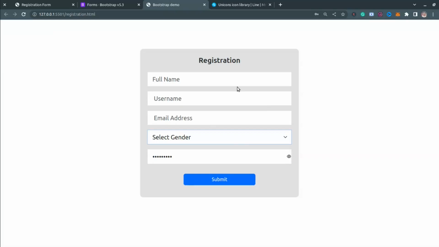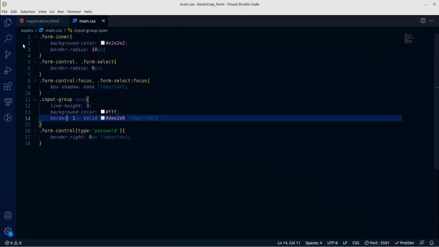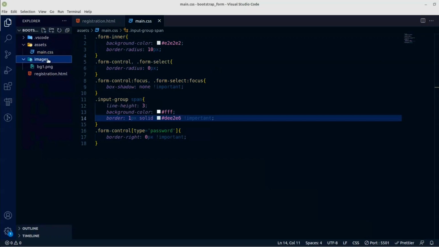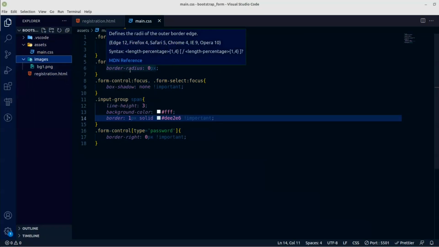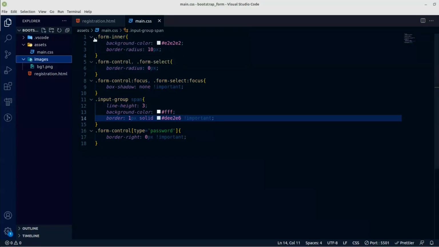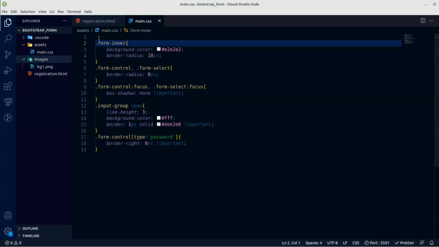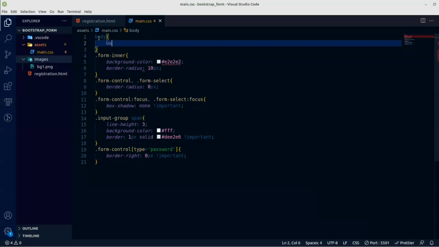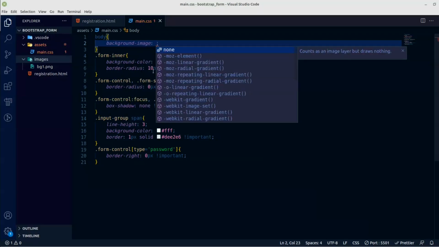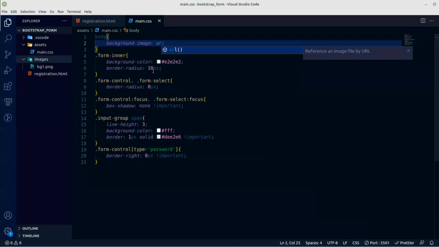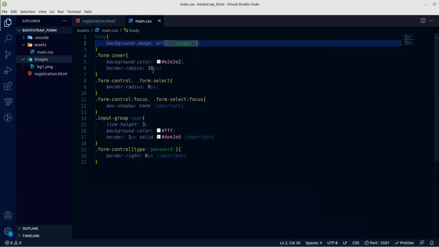Before we add functionalities to this, I'm going to add the background image that we downloaded. We have the background image up here. So in my style sheet, I'm going to call the body. So body straight away, I'm going to say background image rather. Then I'm going to have the URL. So I'll specify the image, right? I have the images folder, then slash. I can now specify,